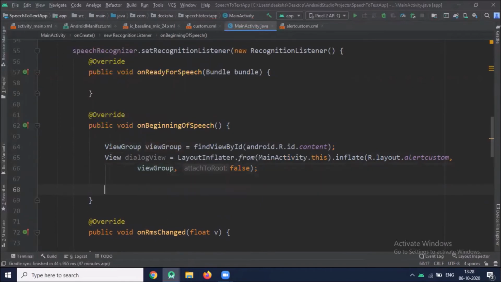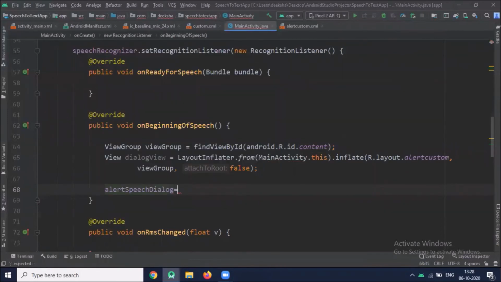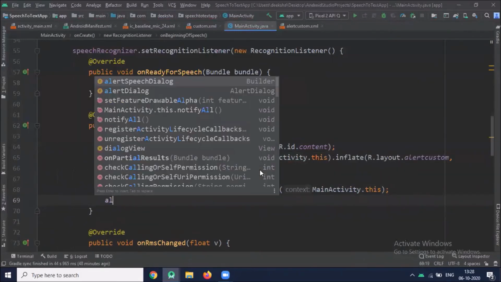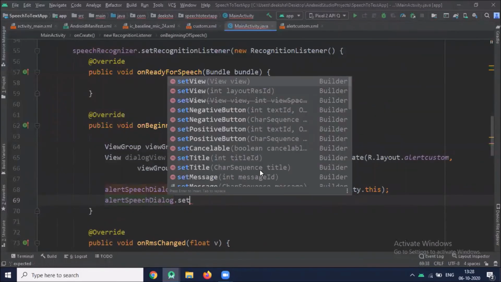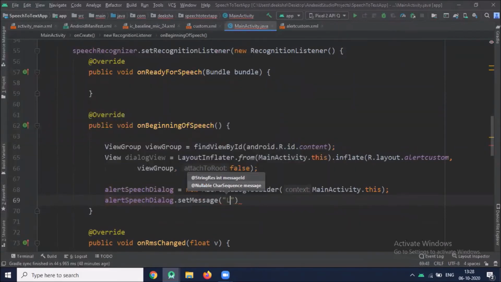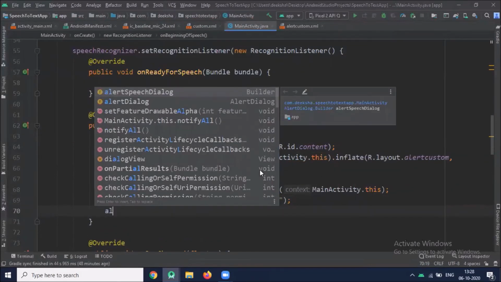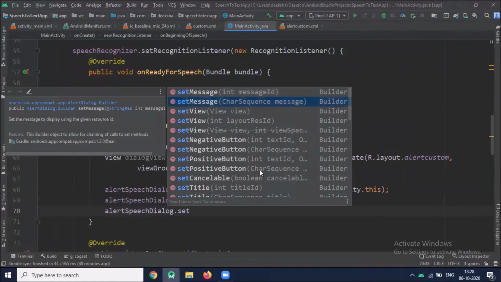Now we initialize our alert builder, and set message, and then we set the view.